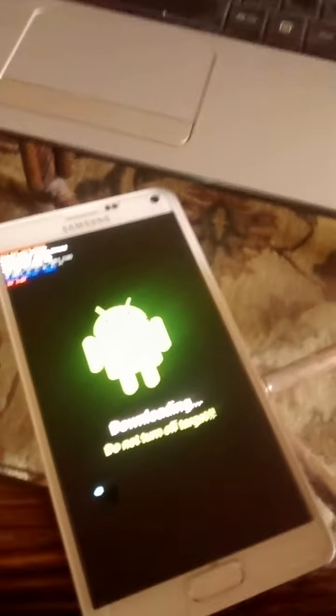Once it completes on the phone and the PC at the same time, then the phone's going to reboot, start over, and it's going to be downgraded to